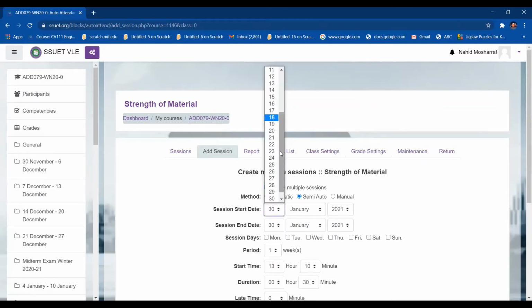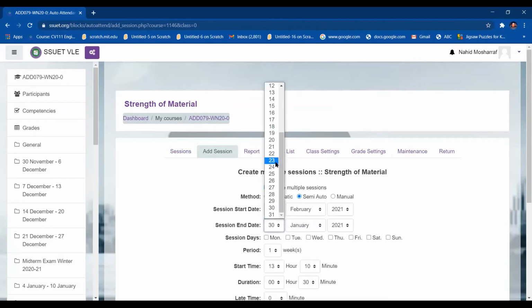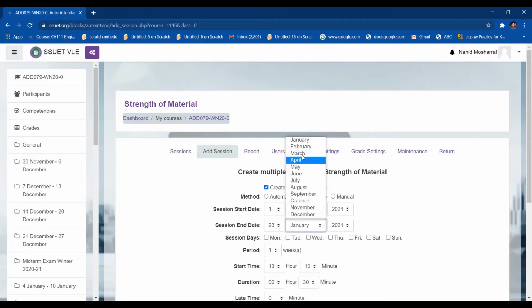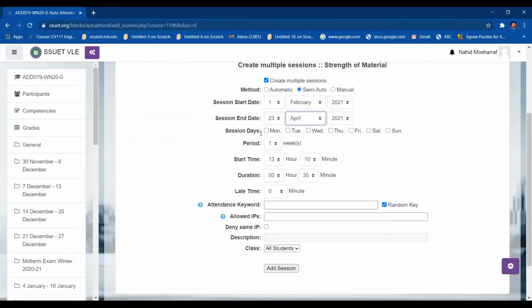No, right now it's not 1st January. Let's start with 1st February. So you have to click on 1st February, and this is 2021. And the end session date of your university semester is 23rd April. How many days you will take the classes is according to the timetable.